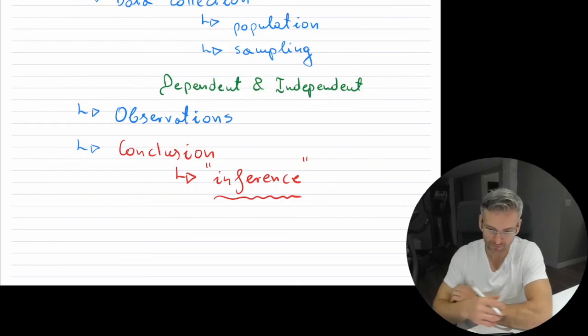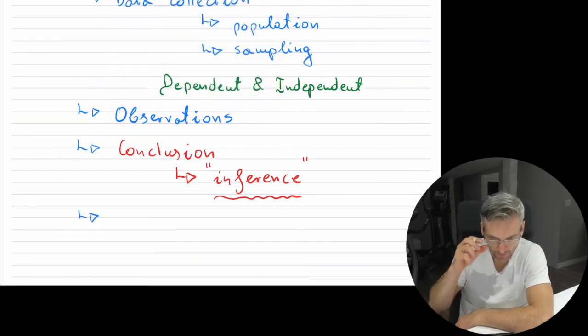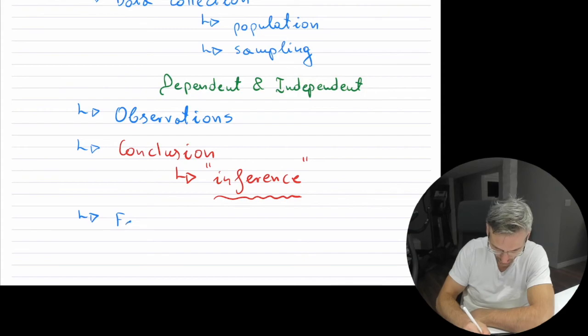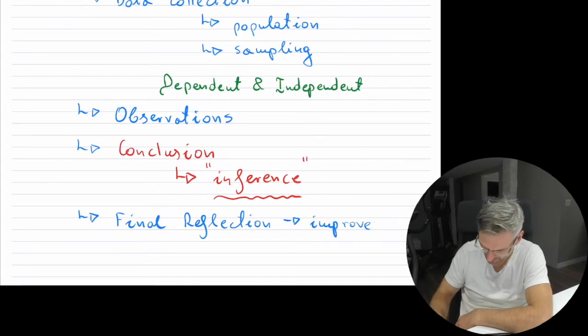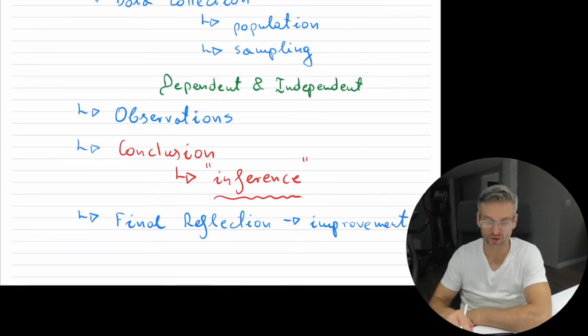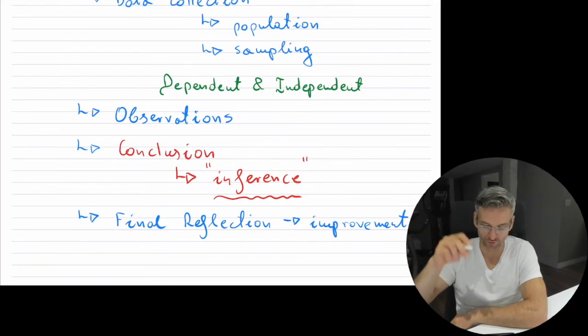Now finally, you hopefully will get to the point where you can do some final reflections on your experiments and see if you can make any improvements, because nothing typically is perfect. You can question your experiments. You can also get ideas from others. If you're a scientist, you may want to reach out and maybe publish your results, and see if people can find any flaws in it, so you can make improvements in your overall experiment